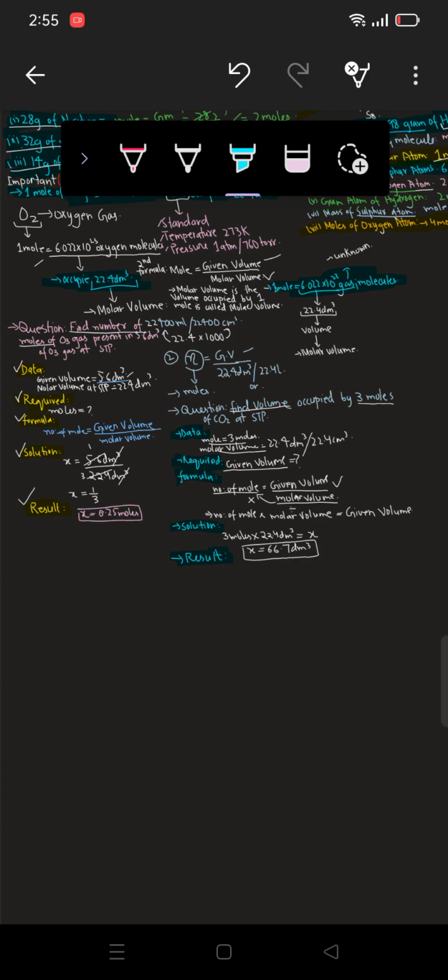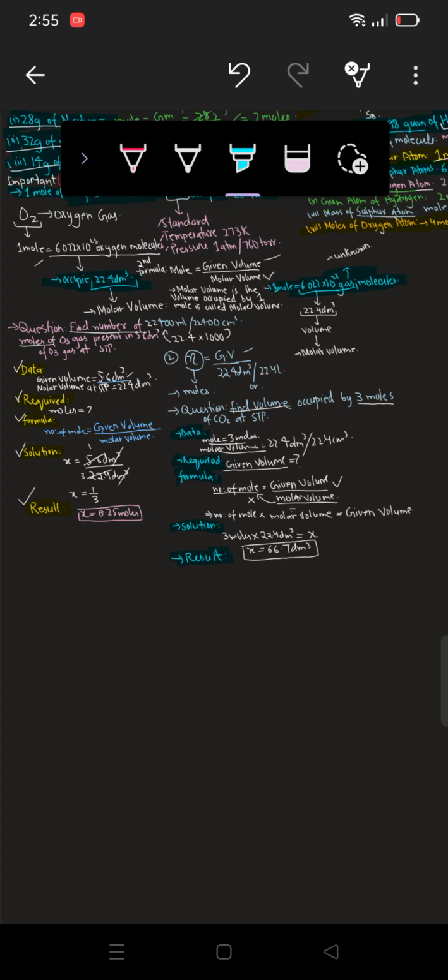And now we have practiced it deeply, how we are going to find the given volume or the number of moles by using number of mole is equal to given volume per molar volume. Now we have learned 2 formulas for finding the number of moles. Initially, the first formula is when we are having mass and we need to find the number of mole. There the formula which we will be using will be number of mole is equal to given mass per molar mass. And when the volume is given in the question and you need to find the number of mole, then you are going to use number of mole is equal to given volume per molar volume,